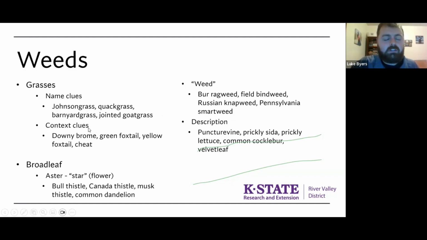The other thing is if you have context clues. So you might say, well, I'm not really sure what this weed specimen is, but I'm pretty sure it's a weed. And maybe it looks kind of like smooth brome grass. Well, that would be something we harvest as hay, but maybe it's a grassy weed like downy brome, or maybe it's green foxtail or yellow foxtail. These give context clues because one, they give away the color, and two, they give away what the plant is